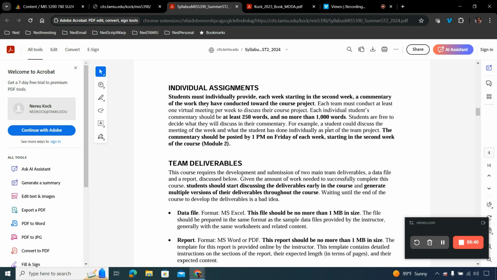For example, a student could discuss the meeting of the week and what the student has done individually as part of the team project. That's a good idea for this course. And there will be free riders, by the way, and I will know more about them at the end of the course when the report is submitted, because the team leader will be submitting the report and scoring